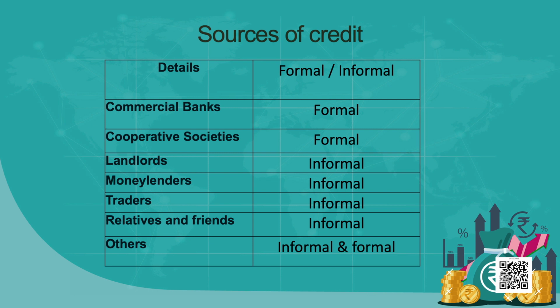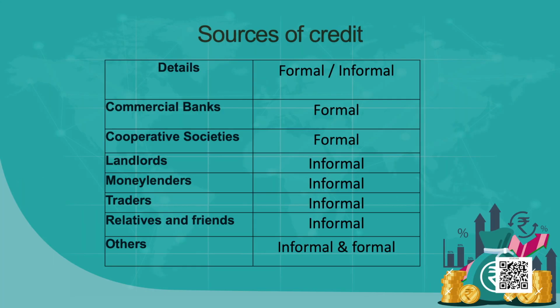In technical terms, it is called sources of credit. What are the sources of credit? How can they be categorized? Look at the screen. Commercial banks are generally considered as formal sources of credit. We are calling them formal because whatever conditionalities they put, it is in writing. They may be private commercial banks or government commercial banks, but all the terms and conditions are laid out in written form, in fixed form.